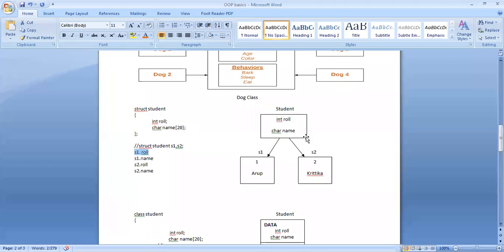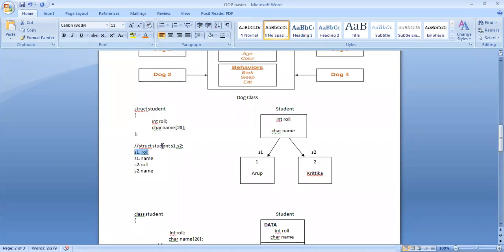You can access values for whatever reason. But to access the data members stored inside a structure, you have to use the structure variable or the object, followed by the dot operator, followed by the data member. We would call this an object in a class, but here we would simply refer to it as a structure variable.